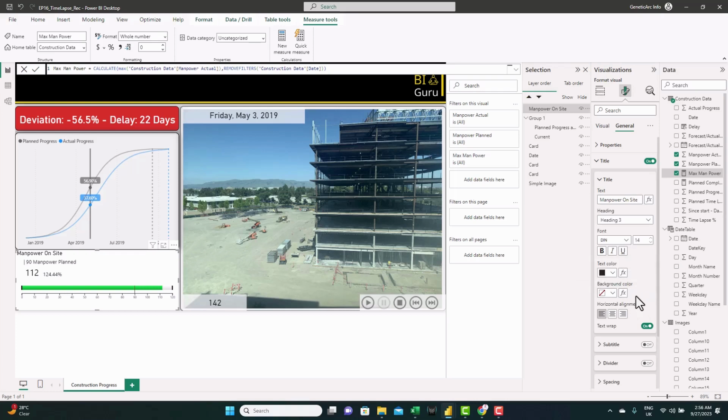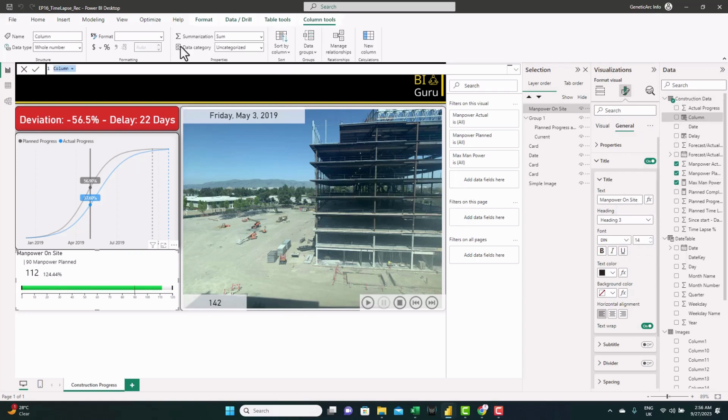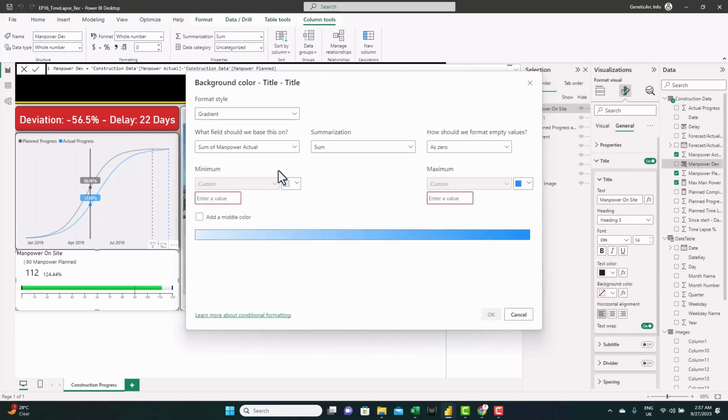And to do this, we have to create a calculated column to measure the difference between the actual and the planned manpower on site. So let's right click, new column. I'll just paste and commit. And now I'll set the conditional formatting based on this column.